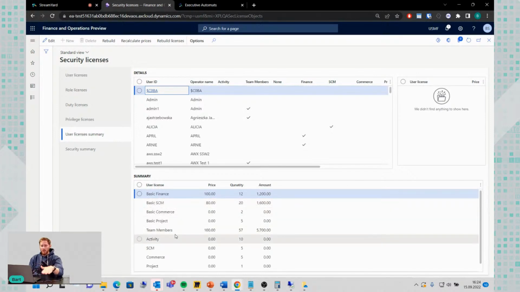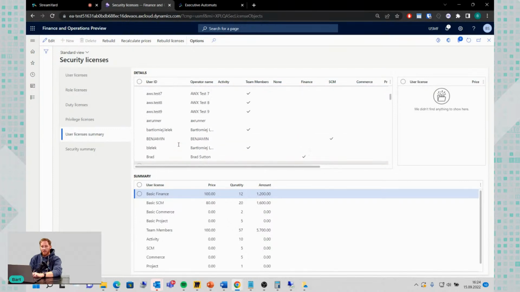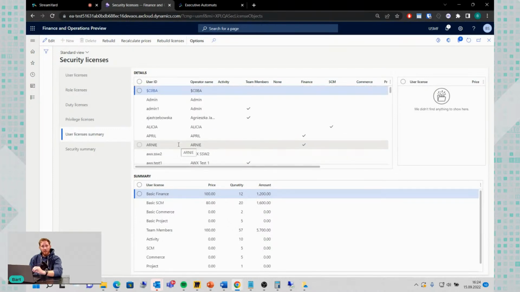You'll be able to calculate exactly what the TCO of licenses of your Dynamics is, or the TCO of your Dynamics itself. Plus, you'll be able to identify what exact, specific license is applied to the user. And this view can give you an understanding at a high level of what license is applied. Plus, this can give you